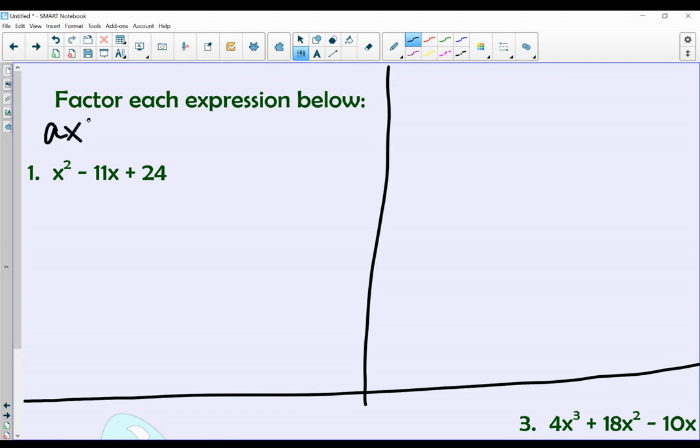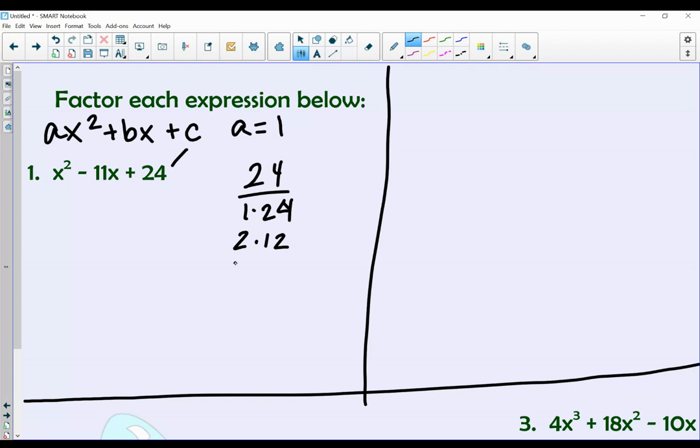Remember, quadratics are in the form ax squared plus bx plus c. So if I had to identify my a value here, my a value would be 1. So hopefully we all see that. So when a is 1, I can just look at my constant c. I can just look at that and say, what are the factors of c that I can add or subtract to give me b? Well, I know the factors of c are 1 times 24,